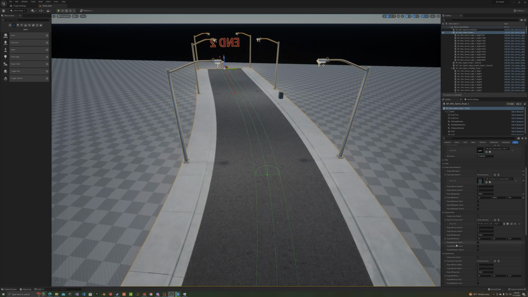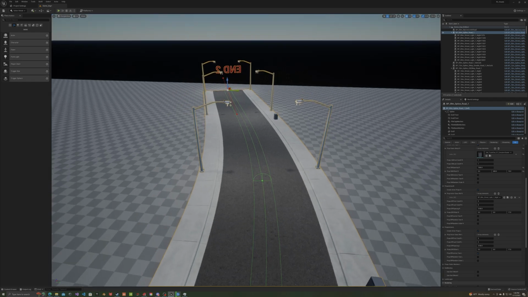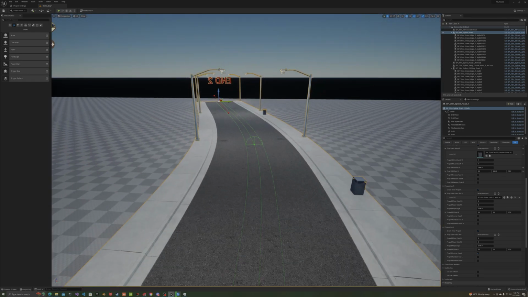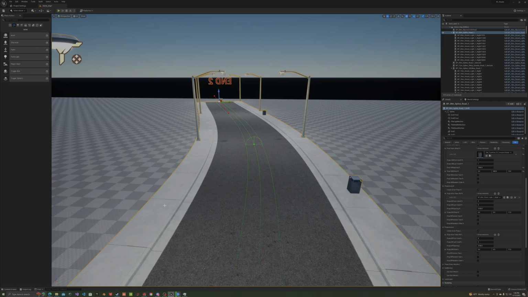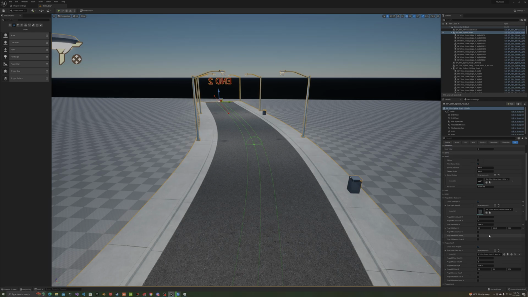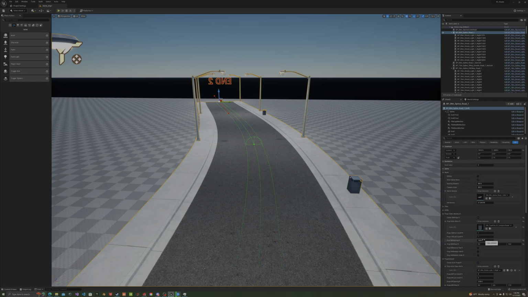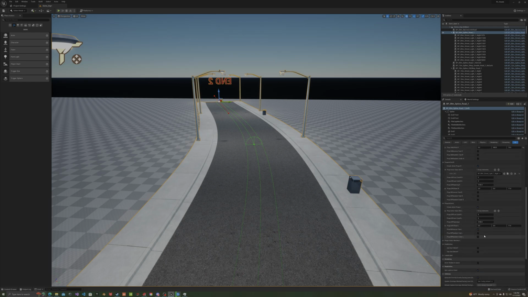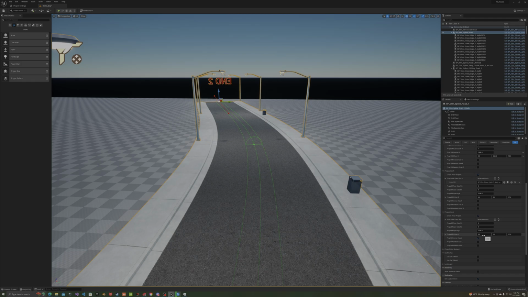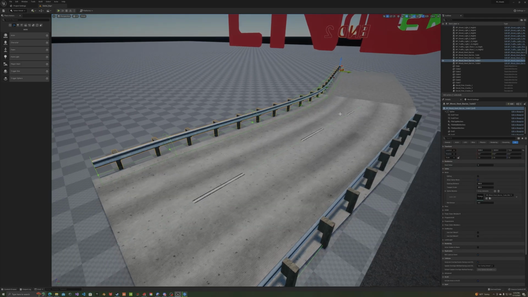And prop actors L for left is just the same thing, but it's set for getting more static meshes on the opposite side of the road. You can put trash cans there, whatever you want, trees, you name it. That's what those are for. Pretty useful tools, good features. I think that'll help you really create an environment. There it is. I hope that's a helpful tip